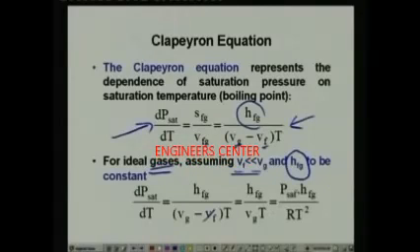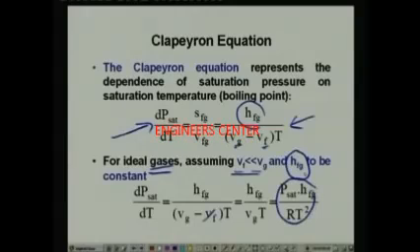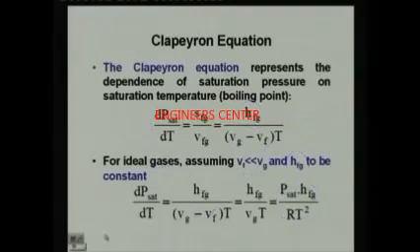V_g can be written as RT/P. So using the ideal gas equation and these assumptions, ultimately you arrive at this relation. That means dP_sat/dT is equal to P_sat into H_fg by RT squared. Now you can integrate this equation